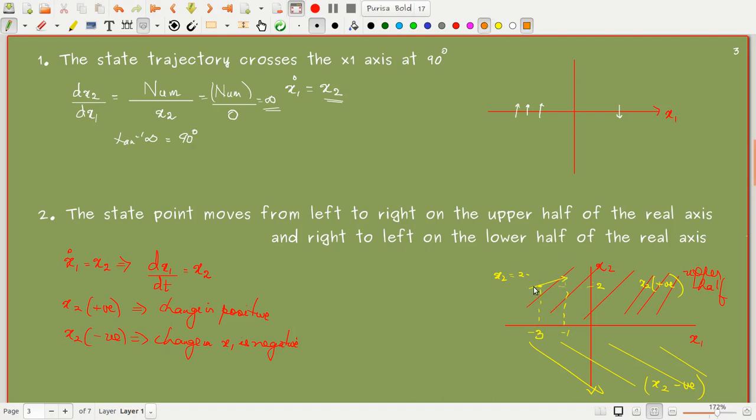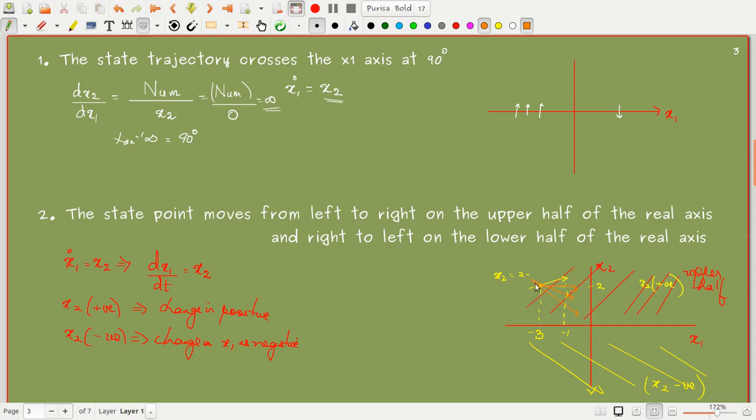I can reach it in different ways. I can go like this also -1, this way also -1. In any way, I can reach -1 at this point. These are the different slopes that I can draw from this point,